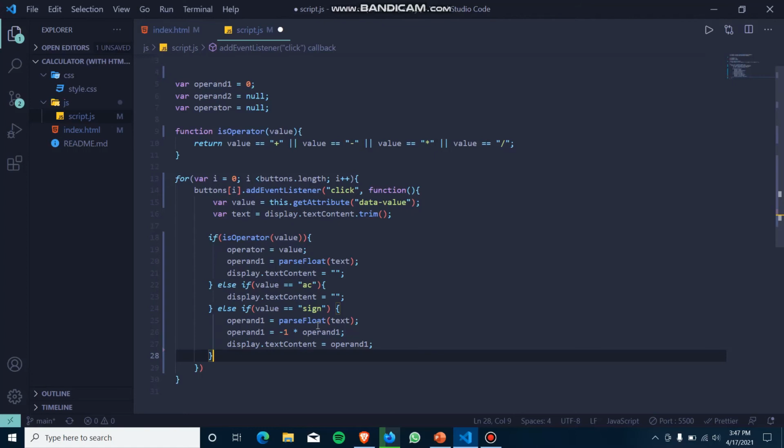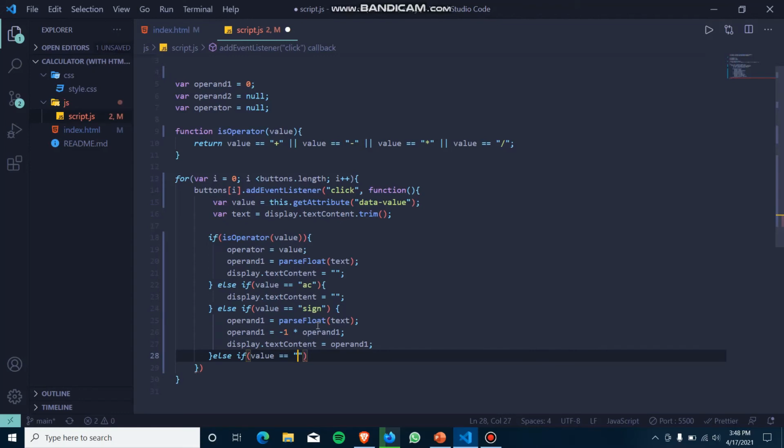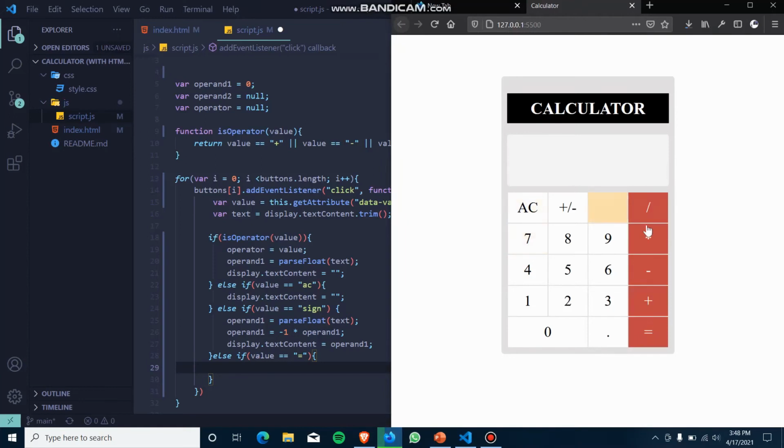Okay. Now the fourth one is if the value, now the final result part. Now if the value equals to, if we click on this equals to button, then what it will do, it will print the output here in this display screen.